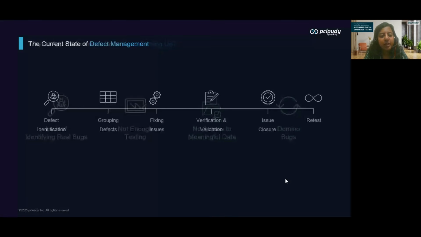Now, let's take a step back and see what is the ideal way to do defect management, right? And how is it supposed to be done with this context? So firstly, it is finding and documenting the bugs, right? Defect identification, grouping and categorizing your defects, as well as prioritizing, making it easy for teams to understand what to fix first. And then developers get into fixing the issues based on the priority and ensuring that they get to the root cause and not just the symptom,